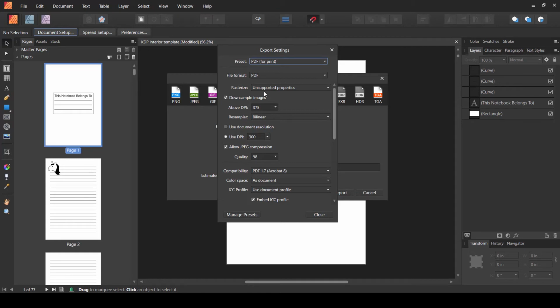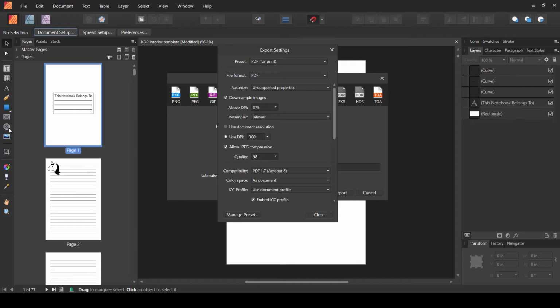I would not recommend using any raster images, mainly JPEG or PNG images. I would recommend that you use vector graphics for your KDP business. Then there is Rasterize, and unsupported properties means any shapes or elements, like the different shapes available here on the tool side, the square shape and a lot of other shapes.